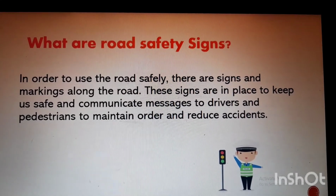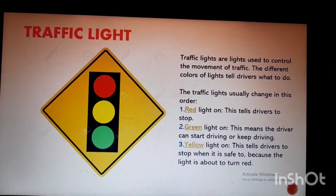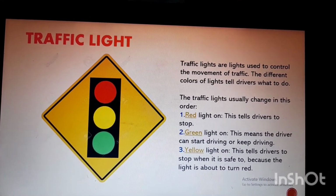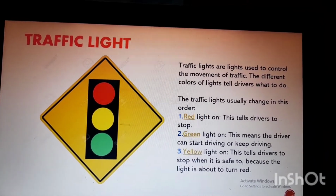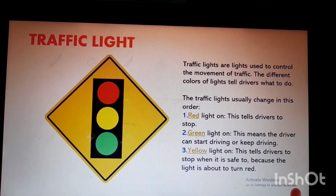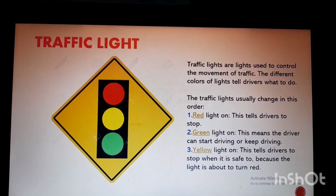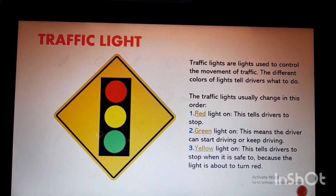reduce accidents. Traffic lights are lights used to control the movement of traffic. The different colors of lights tell drivers what to do. The traffic lights usually change in this order: red, green, yellow. The red light on tells the driver to stop. The green light on means the driver can start driving or keep driving. The yellow light on tells drivers to stop when it is safe to, because the light is about to turn